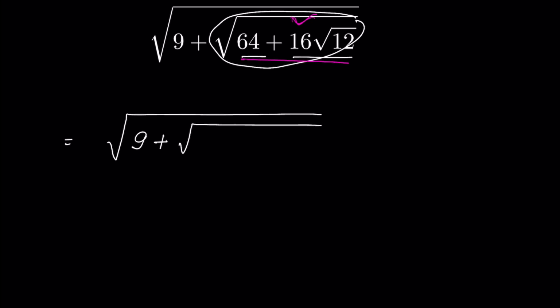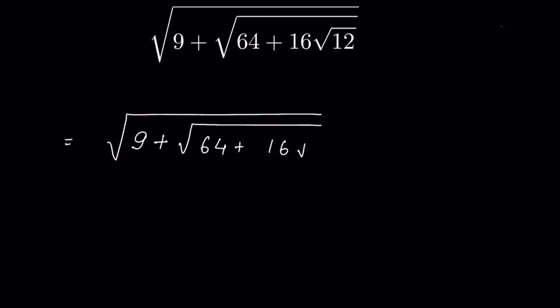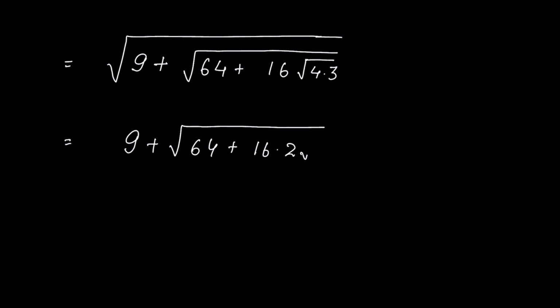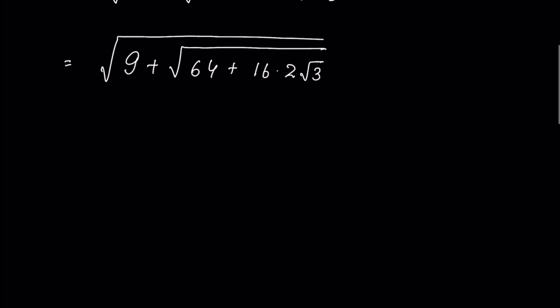If we can write these two numbers in terms of a plus minus b whole square, then this whole square can remove the square root. So let's try in this direction. 64 plus 16 square root of 12, we can factorize it and write 4 times 3 under square root, or 9 plus 64 plus 16 times 2 times square root of 3, all under square root, or 9 plus 64